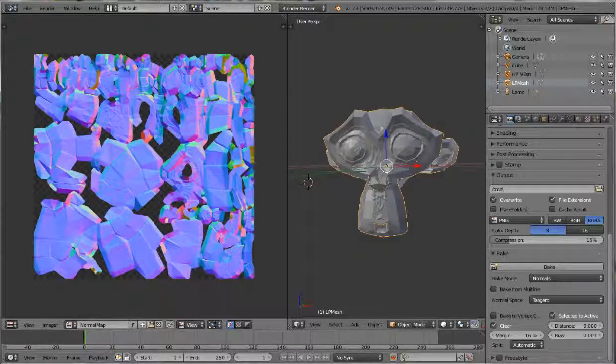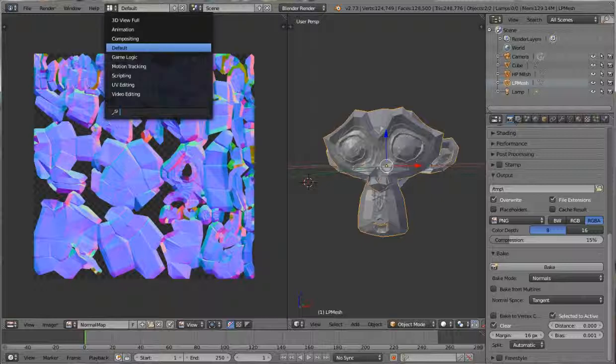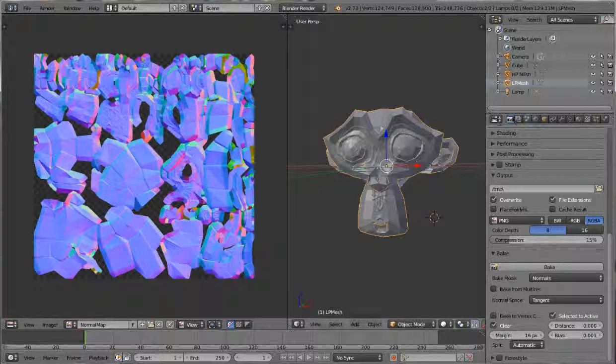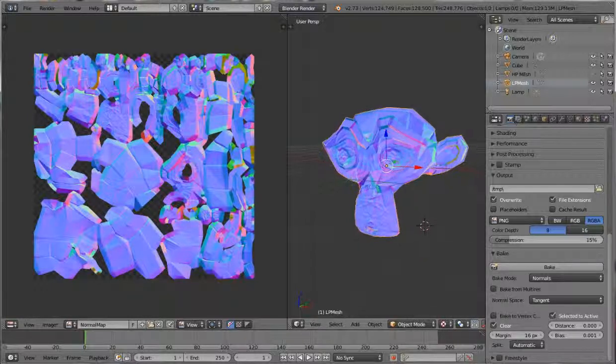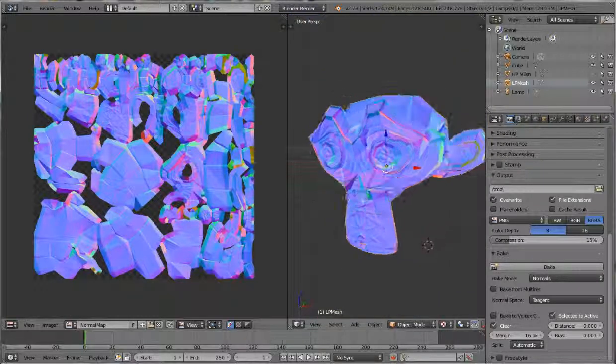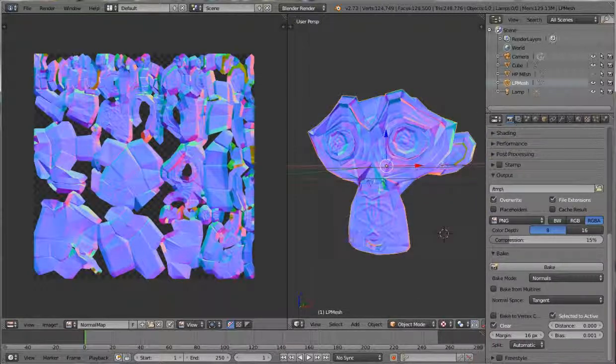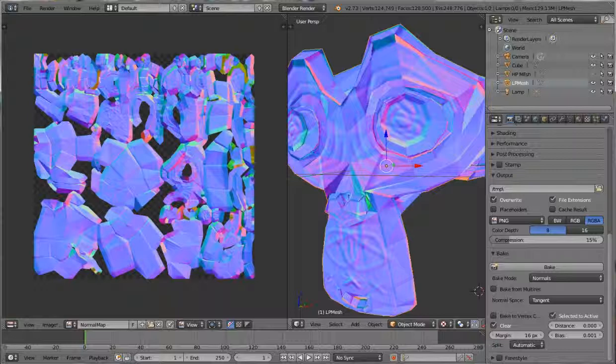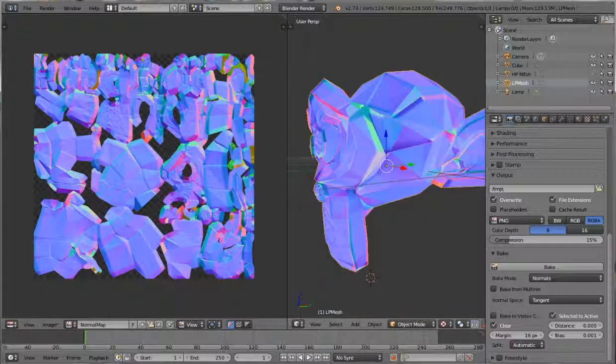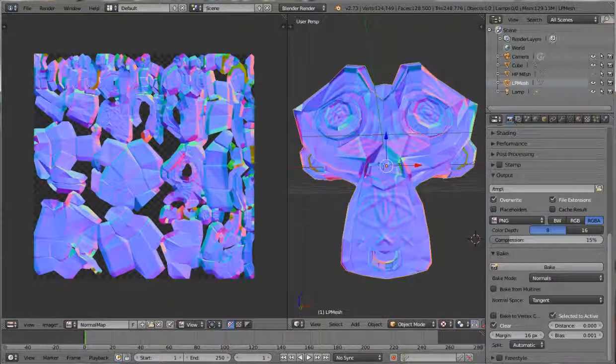So now I'm going to go back to just regular default screens. No, I don't have to. I'll come over here and I'm going to turn off the high poly mesh. We just have the low poly mesh there. And I'm going to go into texture mode. And voila, that low poly mesh that only had a few polygons compared to that multi-billion-dollar gazillion polygon mesh has the detail on it. So we're able to bring all that detail over to this monkey head and make him look older with veins and